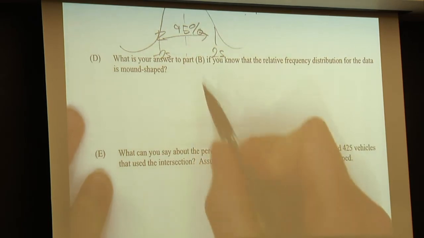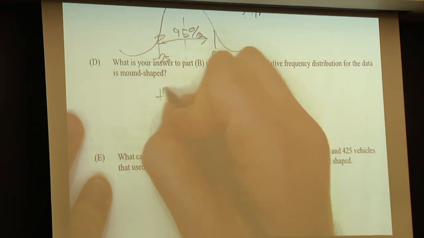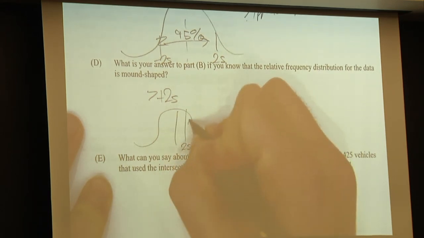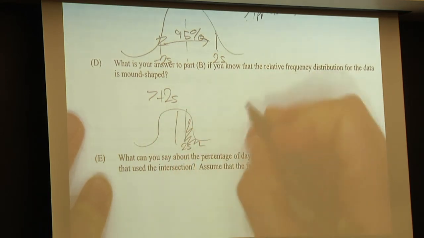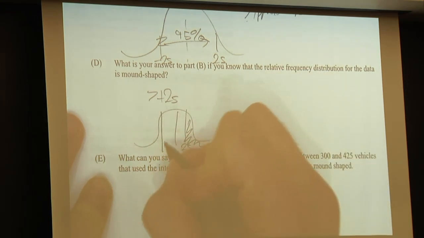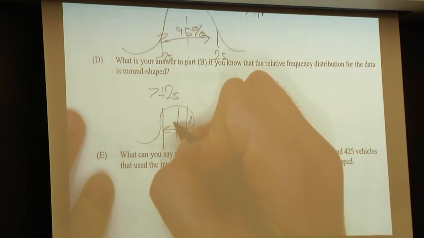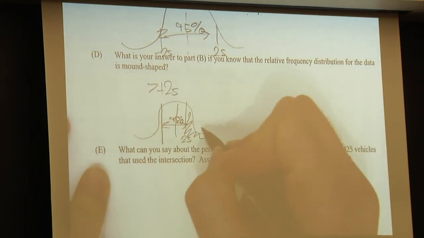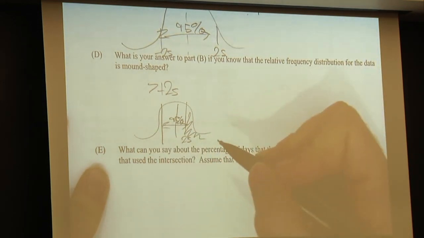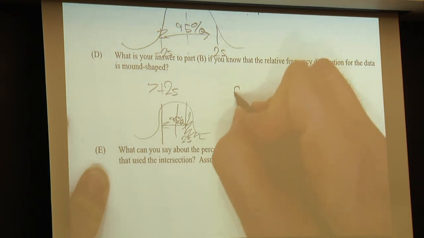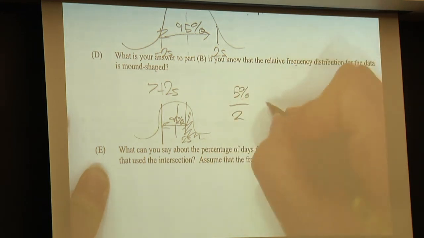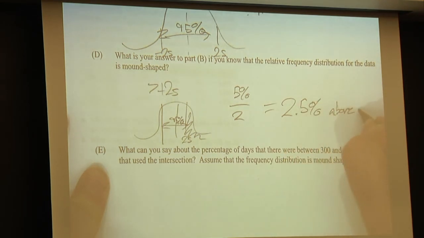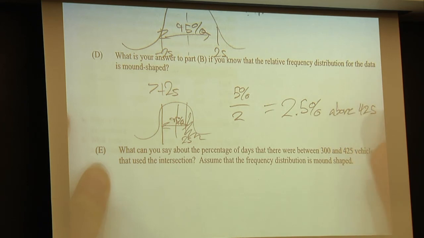And then for part B, it said above, again, we're above 2 standard deviations away on that graph. That means if we're at 2 standard deviations, they want to know this area. We just said that we had 95% in there, which means we have 5% left overall to throw around in the other 2 tails. And we know this is a mound-shaped distribution, so we're perfectly symmetrical, which means half of that 5% is going to be on each side, leaving us with 2.5% above the 425 car mark